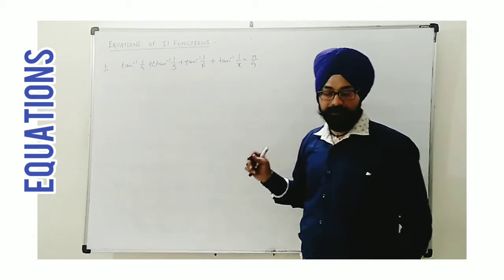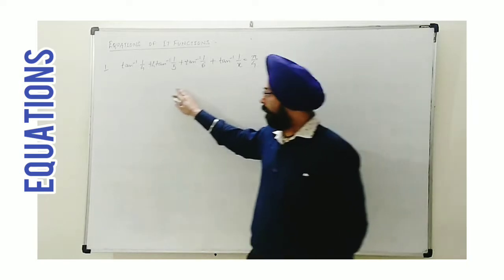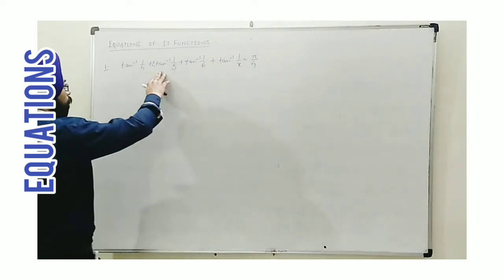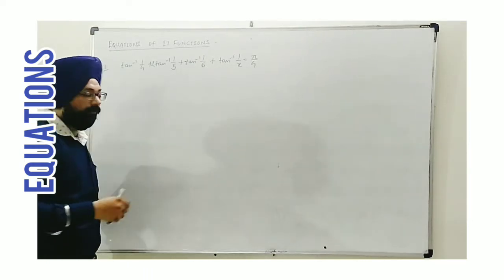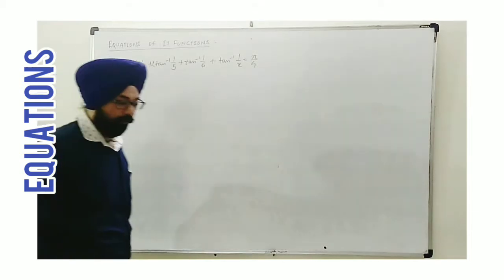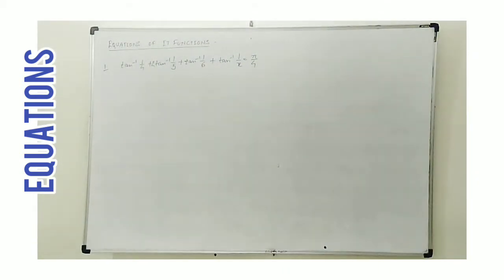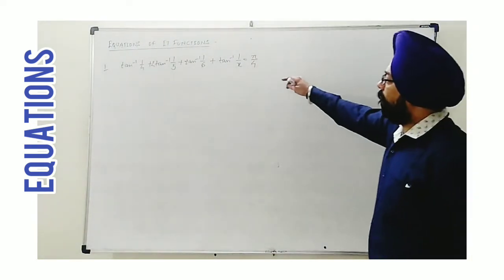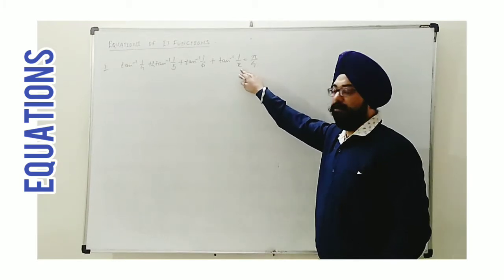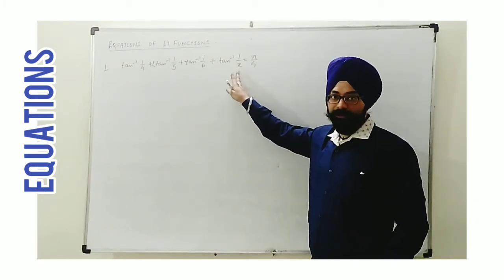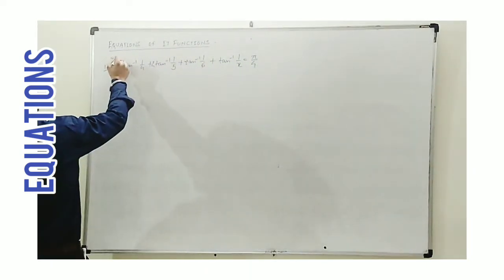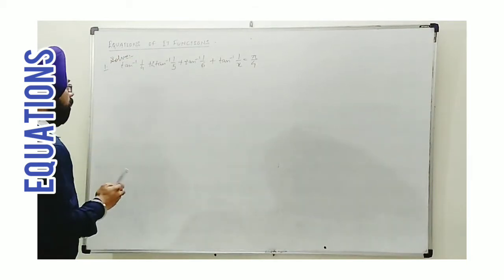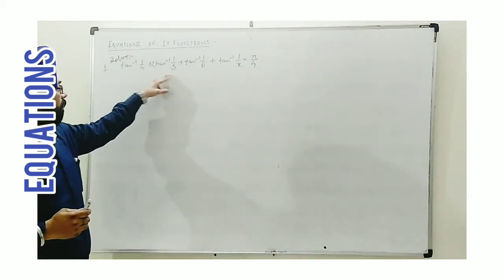Like first example I have taken to explain. Here we can find is tan inverse 1 upon 4 plus 2 tan inverse 1 upon 5 plus tan inverse 1 upon 6 plus tan inverse 1 upon x is equal to pi by 4. In this question, we can find that one term is having x, which is unknown. We need to solve this equation. Solve means to find the value of that variable, this x. Rest we are given these fixed numbers, constants.